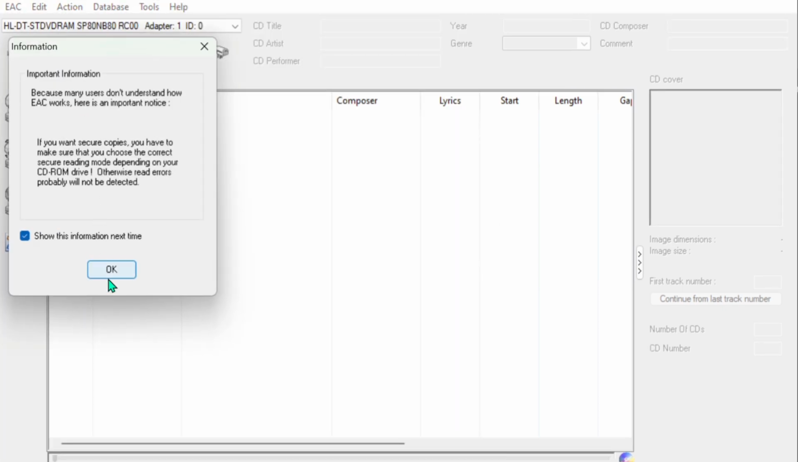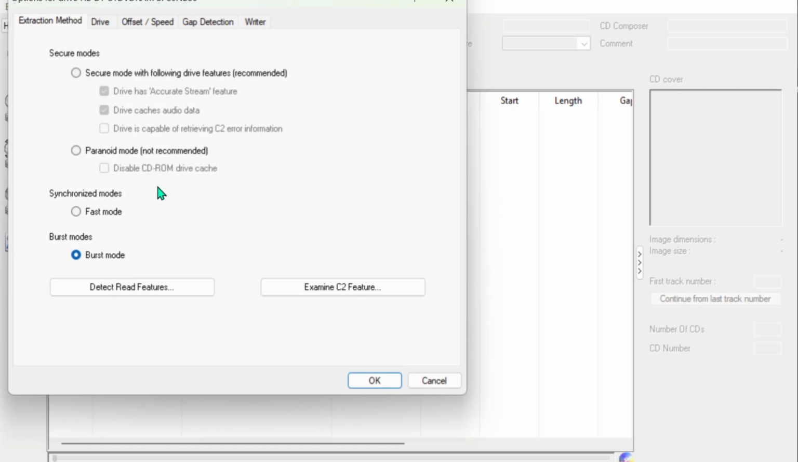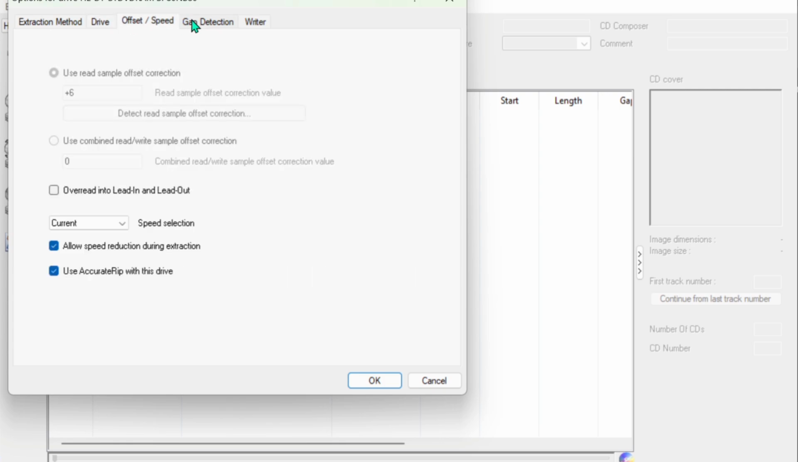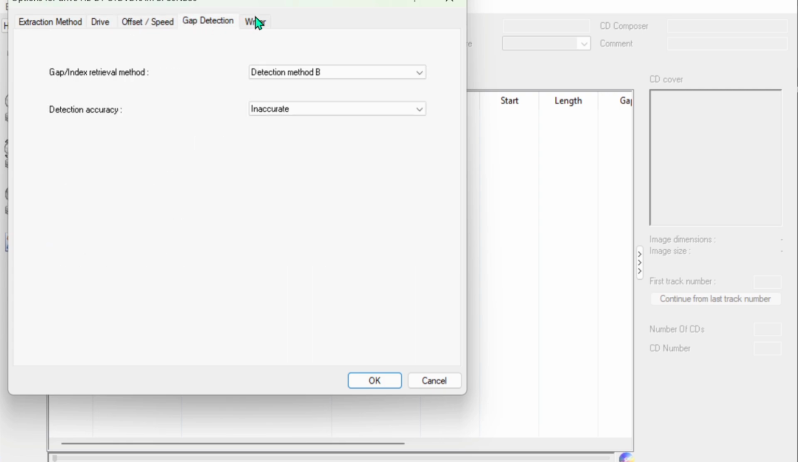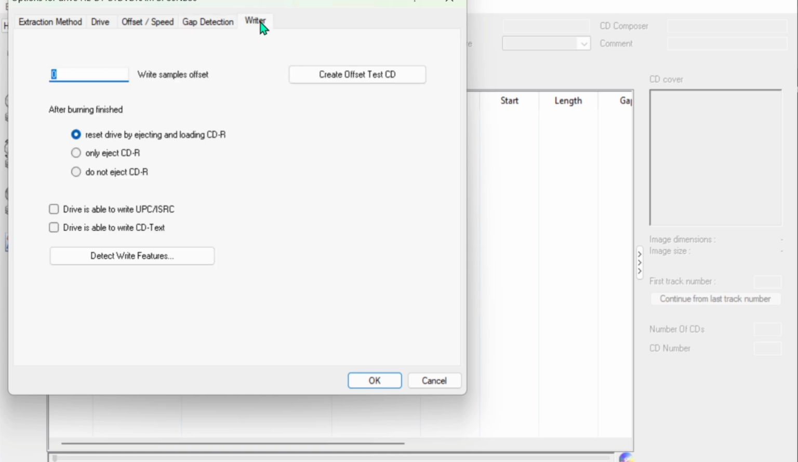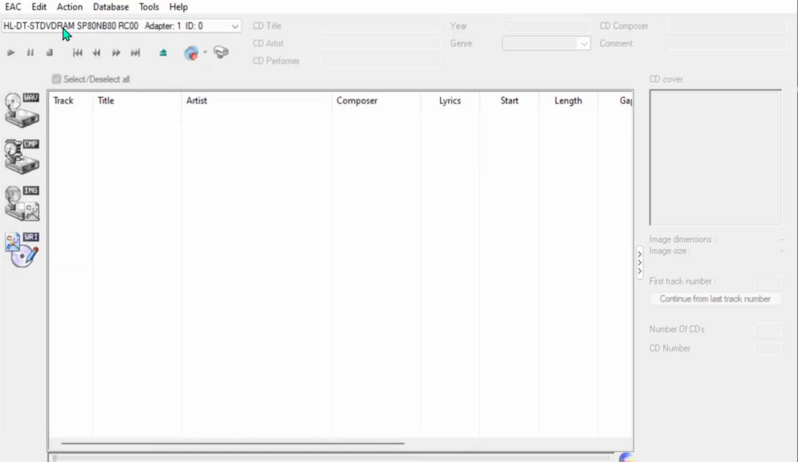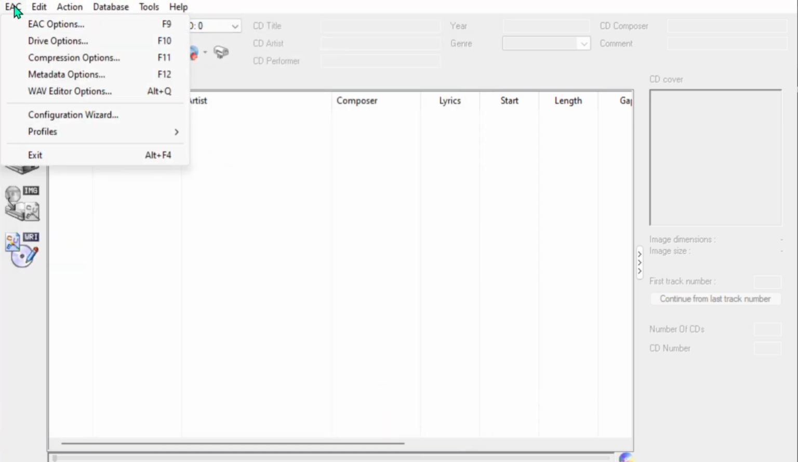Now we're going to go into some other settings for the write settings. And I believe when you do the configuration in the beginning, these get filled in automatically as to what your CD-ROM or DVD-ROM drive can handle. Now we're going to go into